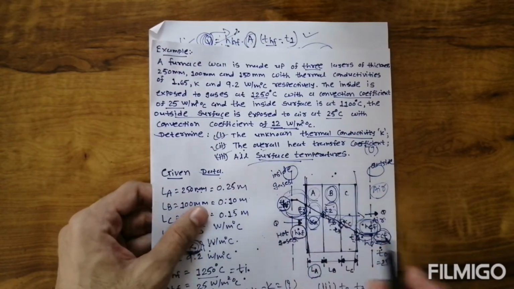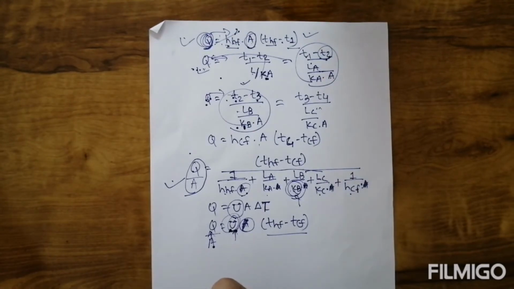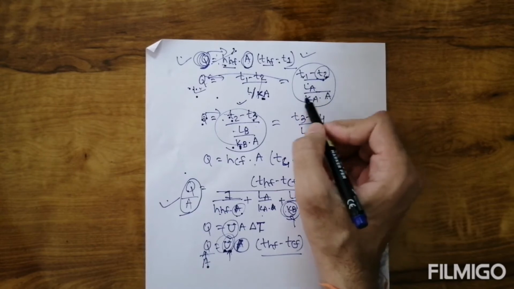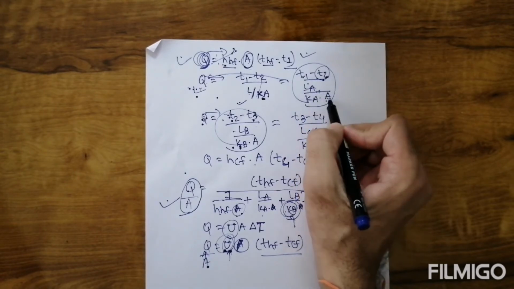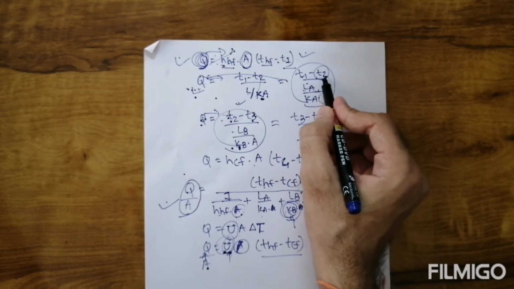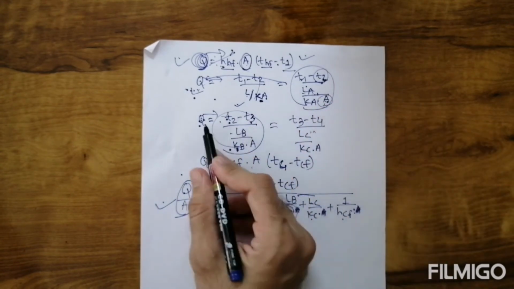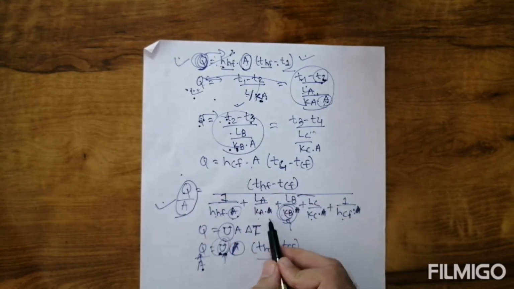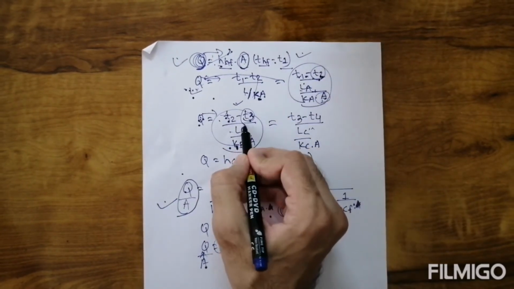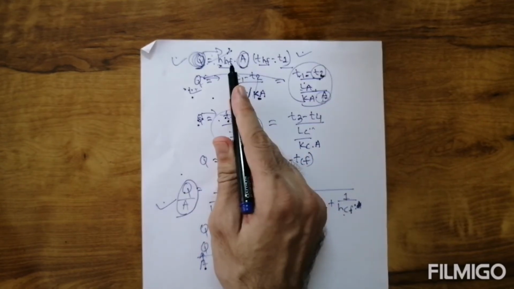Now all the surface temperatures, how can we find them? Q by A is already found out. We can use the equation T1 minus T2 equals Q by A times LA by KA; the area will be considered this side. T2 is the only unknown, so we can find out T2. Suppose we consider this equation, KB is already found from that equation. T3 is unknown, and Q by A is already found out here.